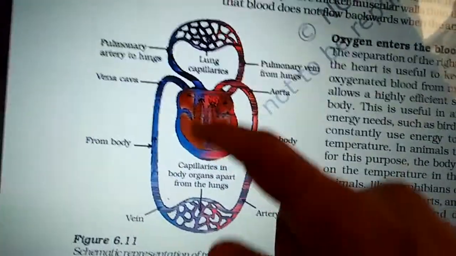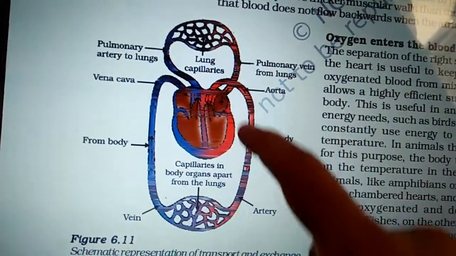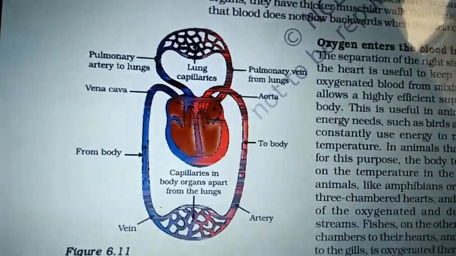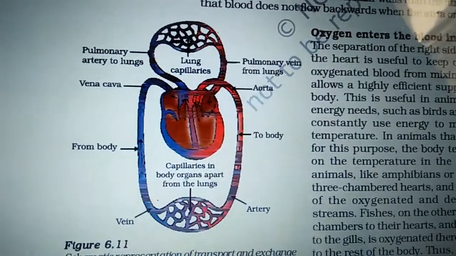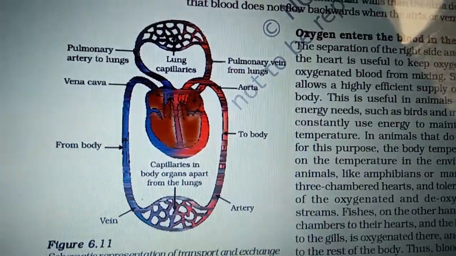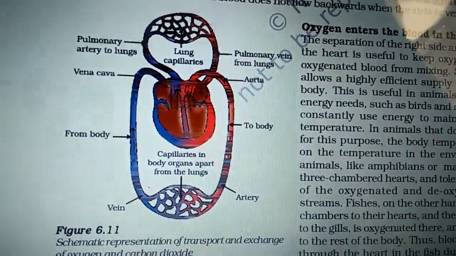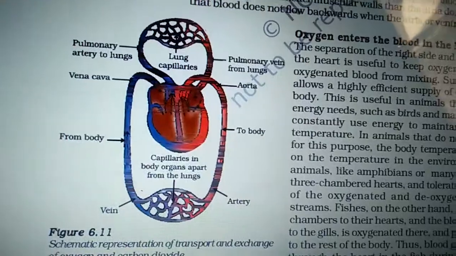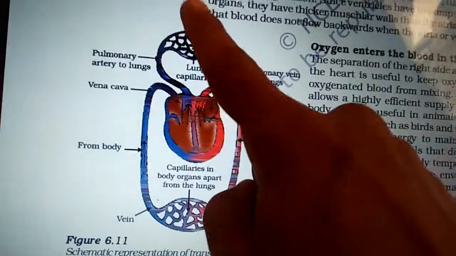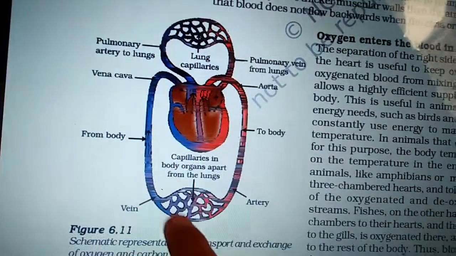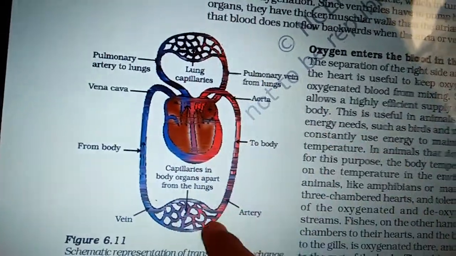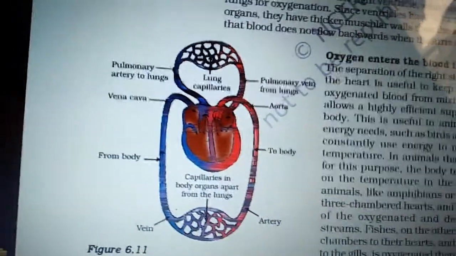The same blood flows through the heart. One time that blood is oxygenated and the same blood is deoxygenated, so it flows two times through the heart. So the human circulatory system is called the double circulation. Here exchange of oxygen and carbon dioxide takes place through the lungs, heart and body cells. Here we have lungs, heart, and body cells. This left part shows the oxygenated blood, this right part shows the deoxygenated blood.